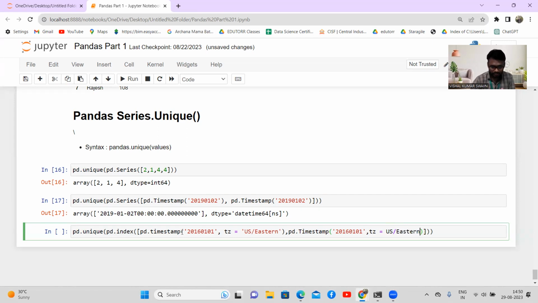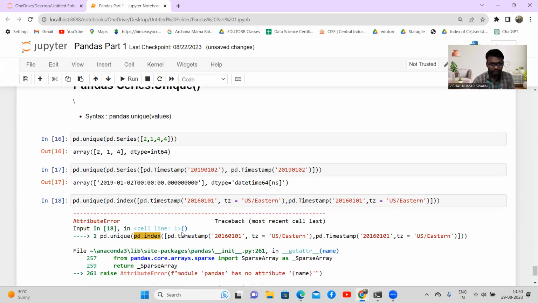That Eastern should be present inside the single quote. If I execute this part,